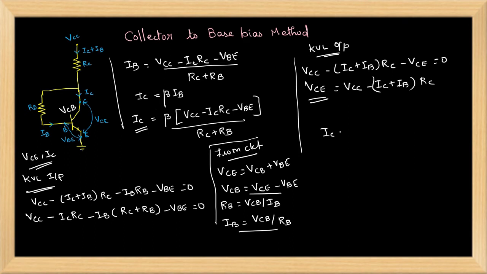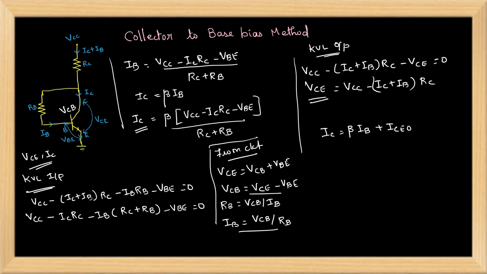We know IC equal to beta into IB plus ICEO. Normally this ICEO is very small, so IC is always represented as beta into IB. But when there is an increase in temperature, there will be an increase in ICEO, so IC also increases. Or when we are doing any transistor replacement, beta increases, so IC increases. So when IC increases, the operating point changes. We have to see how this collector to base bias method keeps the operating point in a stable position.